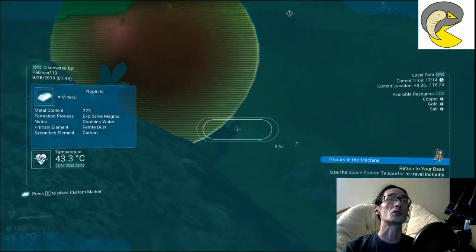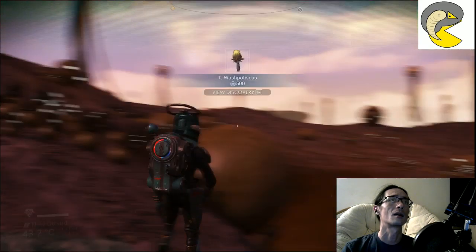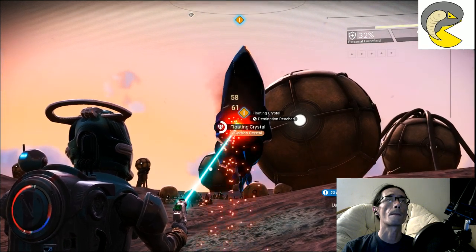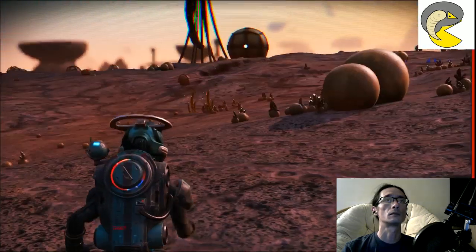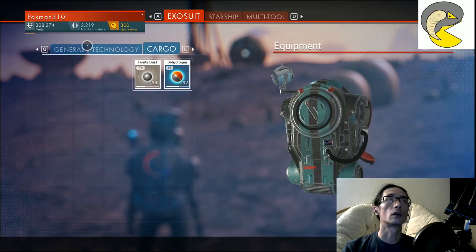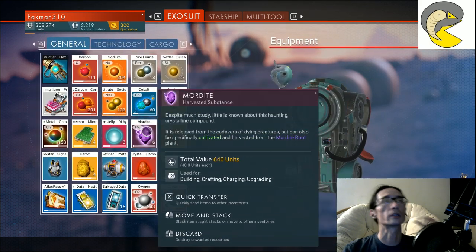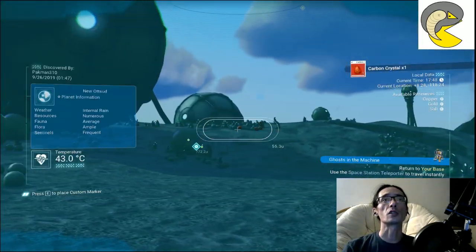I'm gonna need inventory space actually for the resources that are in that crystal right there. Yeah, it gives me carbon crystal. That's not bad at all. Nice. Okay. So what can I get rid of? Okay. Everything is charged. Yeah, let's get rid of this damn mortarite. Okay. So where is another one of those damn